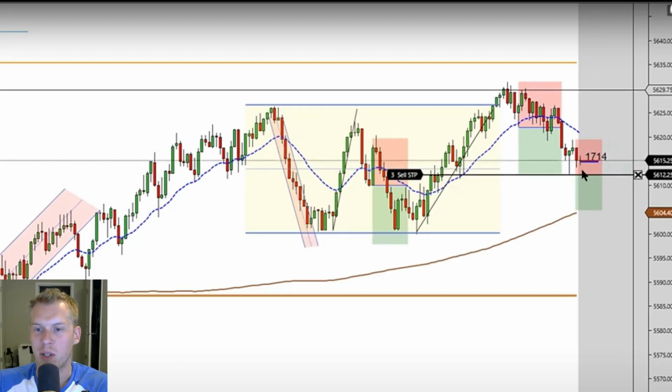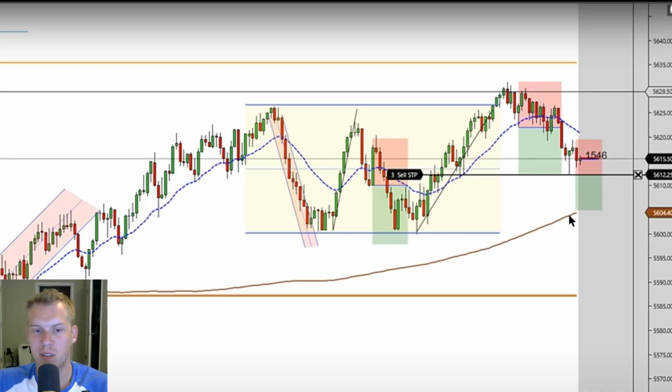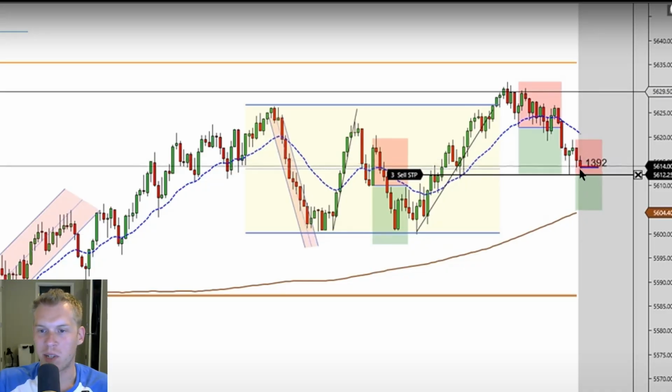I like how the profit target is going to be right around this. What moving average is that? Maybe this is the 200 moving average, a larger moving average. So I like how the profit's going to be right around that. So trying to get out basically right before that.